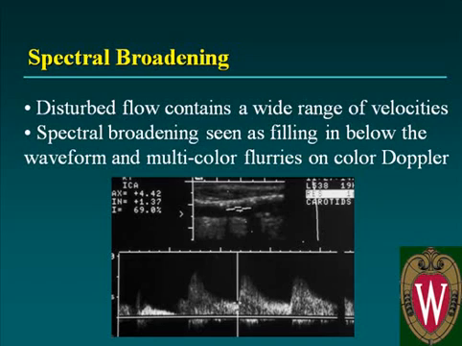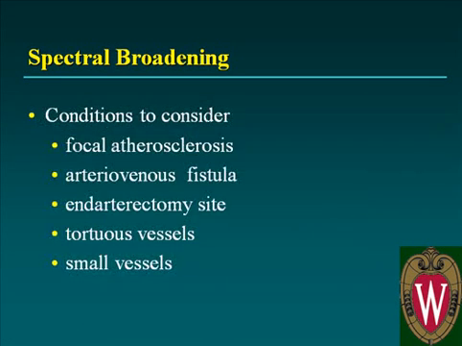If, however, you don't see parabolic or laminar flow, you're in a condition known as spectral broadening. This indicates disturbed flow with a larger range of velocities, and again, a filling in of this spectral or acoustic window, because now we have representative blood cells moving at different velocities from baseline all the way to the peak envelope of velocities. Graphically, it's illustrated as a filling in of the spectral waveform here, and also as multiple color flurries on color Doppler imaging. If you do see spectral broadening, the most common cause would be focal atherosclerosis, but there are other